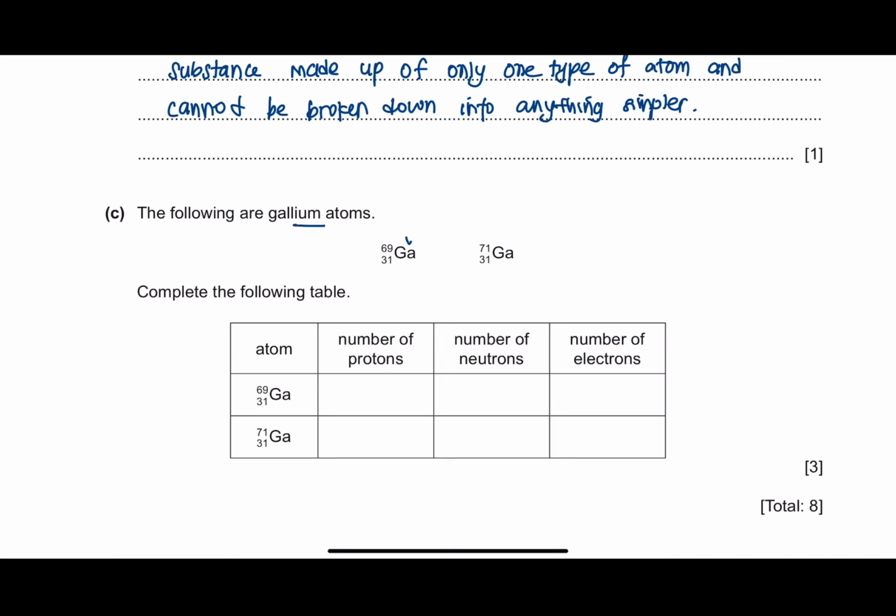As you can see, we have 2 gallium atoms here with the same proton number but different nucleon number. Now, atoms which have the same proton number with different nucleon number are called isotopes. They're asking you to complete the following table. The number of protons can be determined by the bottom number that you see over here. This means that both these gallium isotopes have the same proton number, which is 31, and the number of neutrons is,